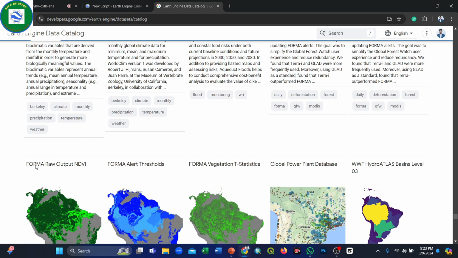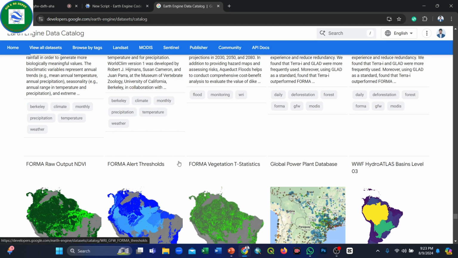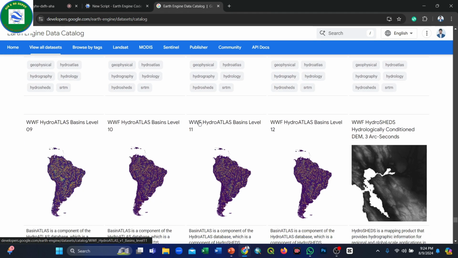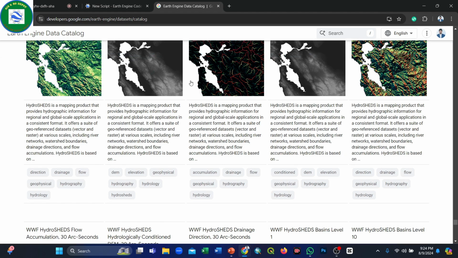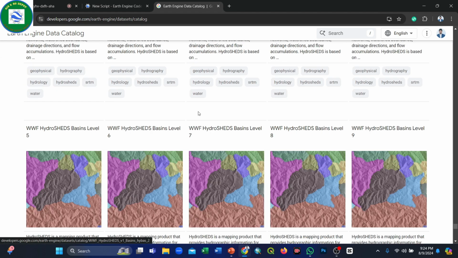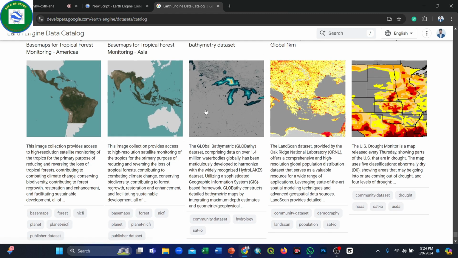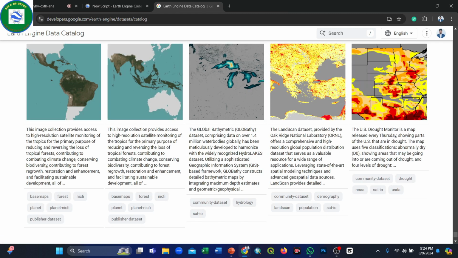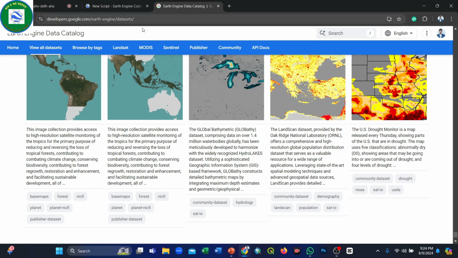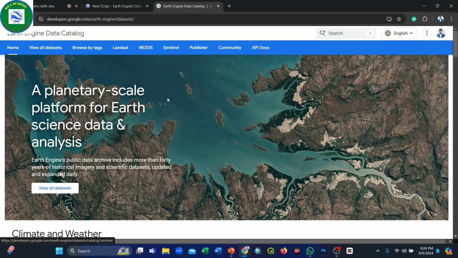So this is our NDVI data set. Also available are Sentinel, Landsat, MODIS, and lots of data sets. Easily you search in our Google Earth Engine search button and find your required data set. Suppose you want to find